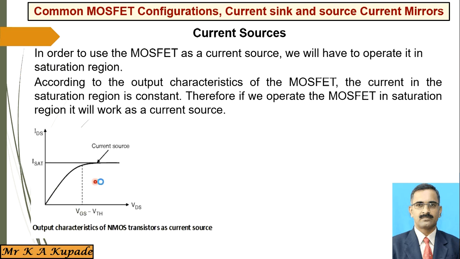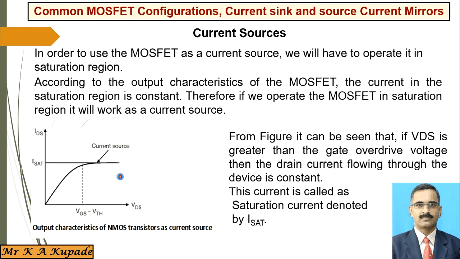Now see here in this position. Whenever VGS reaches the threshold voltage VTH, or is greater than the threshold voltage, at that time you will get IDS as the saturation current. In that saturation current you are getting the constant current, and this constant current works as the current source for that operation. Getting my point? So here, you have to consider this point.